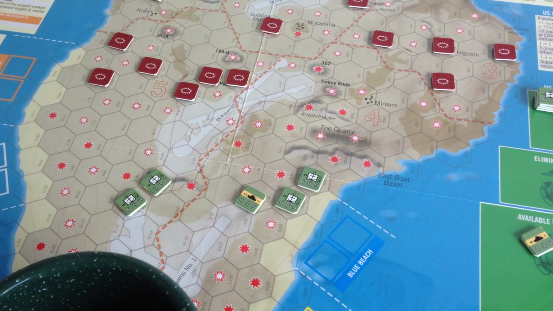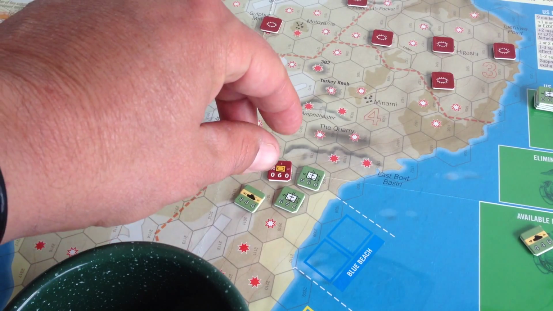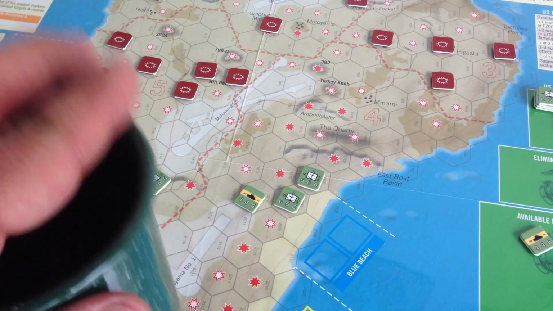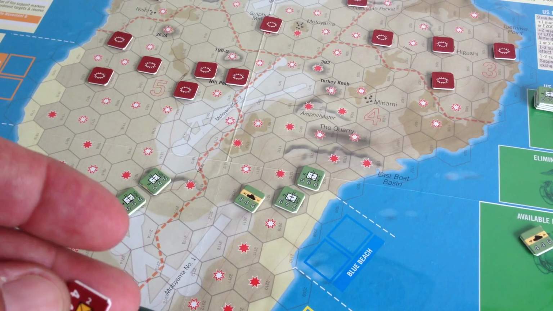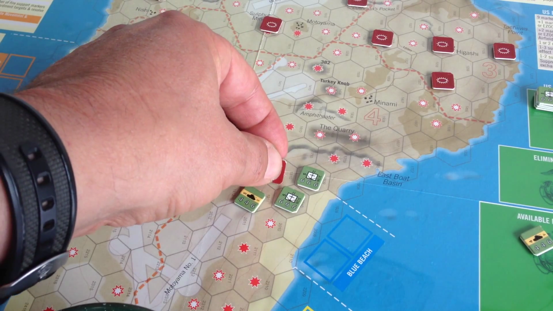If more than one hex is eligible, you can roll a die to determine placement. I like to just go ahead and place the unit in the hex I think will be most beneficial to the Japanese. In the event a defeated enemy unit has to redeploy in place, simply take the defeated unit, place it in the eliminated units cup, give it a shake, draw a unit from the cup,